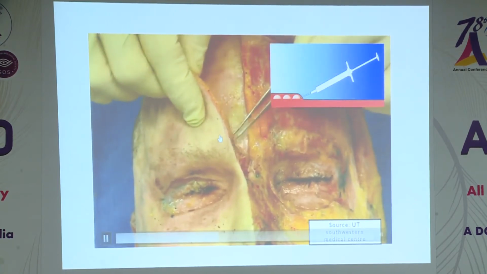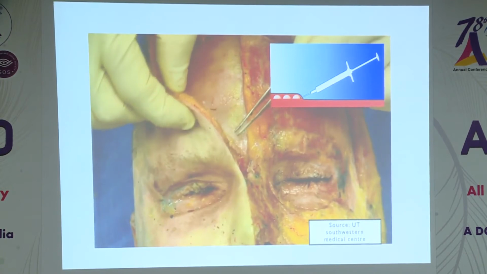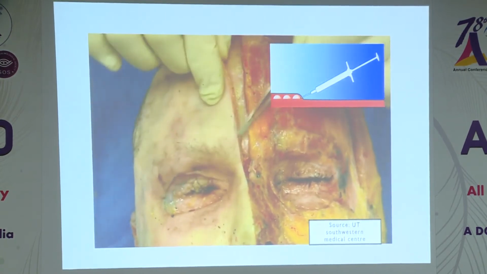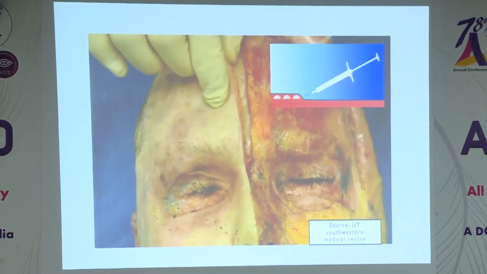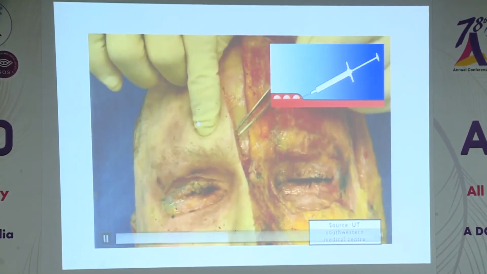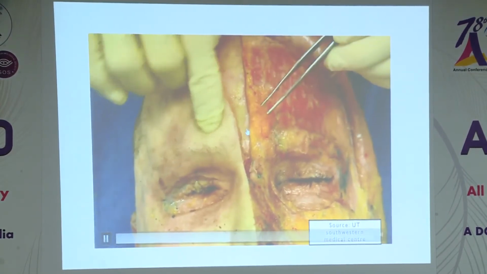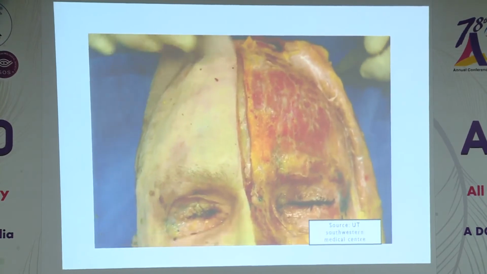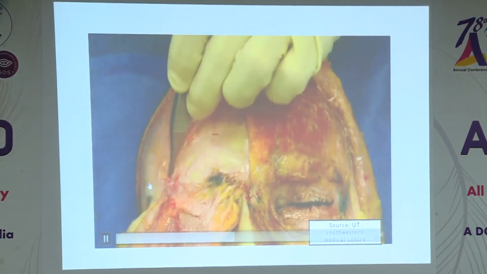So injections of neuromuscular agents should be deep initially, medially, and when you go laterally, they should become superficial. When you inject fillers here, they should be in small amounts and in bolus, not in a continuous fashion.